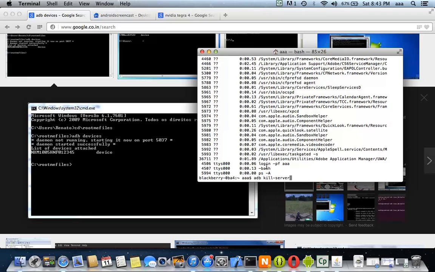You do that, and then it will kill all the ADB services if they are running in the background. So again you do adb start-server. If you do this and then do adb devices, that will help. This is how it goes.